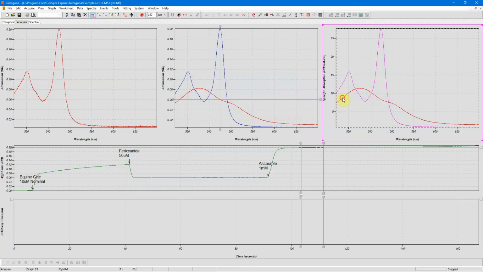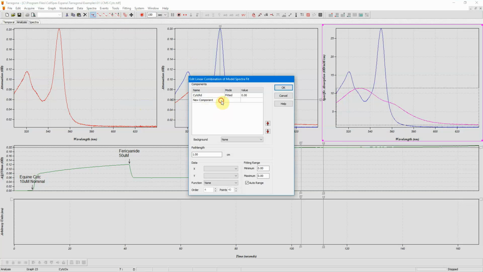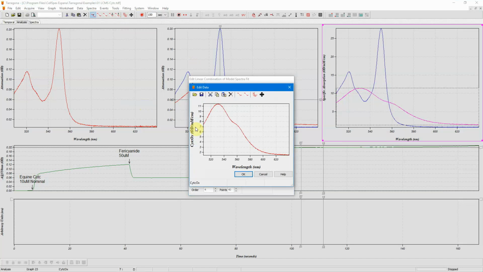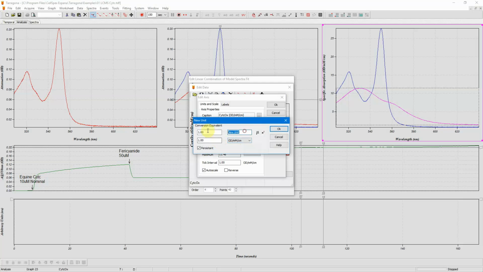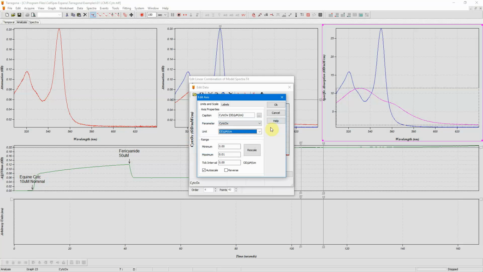and then in the new component I'll paste the component in. And now I'll get my oxidized one. Copy that one, fitting, LCMS, paste. So the y-axis here is in OD in millimolar per centimetre, but my concentrations will be in micromolar. To make my life a little bit easier, I'm going to change this to OD and micromolar per centimetre. So I need to create a new unit, OD micromolar centimetre,